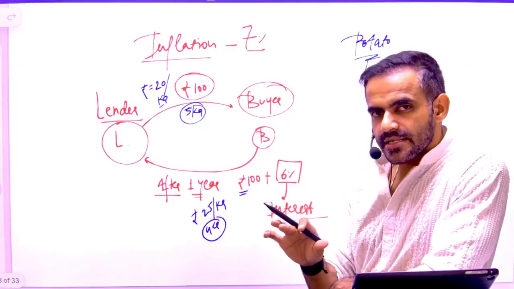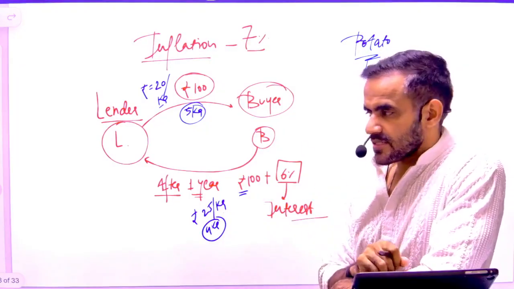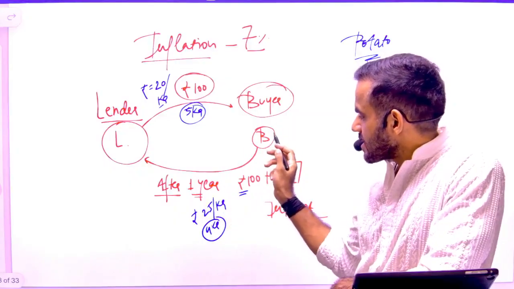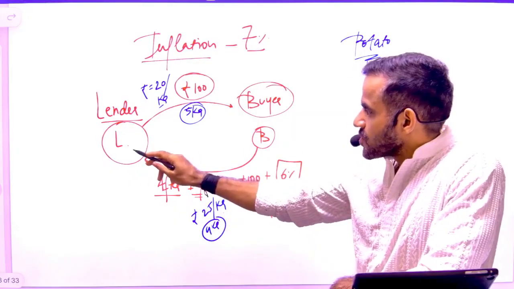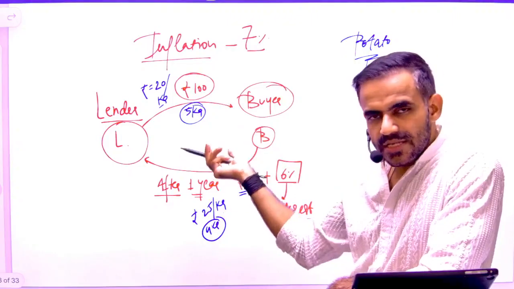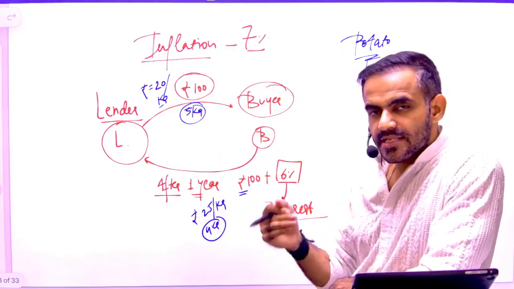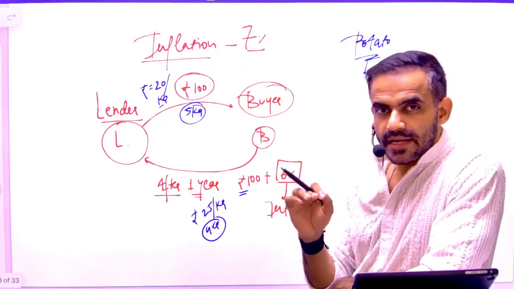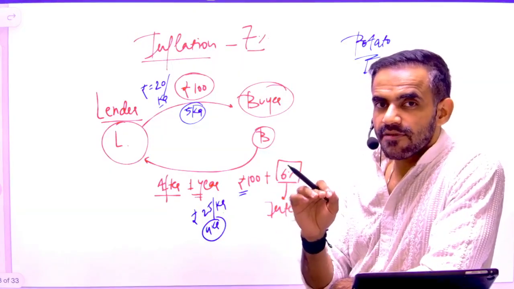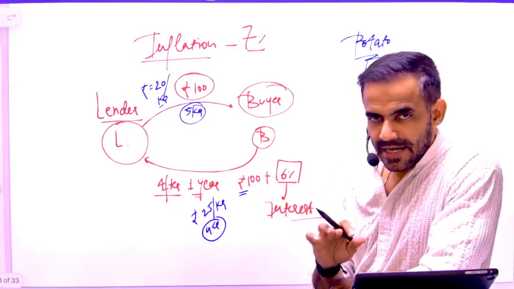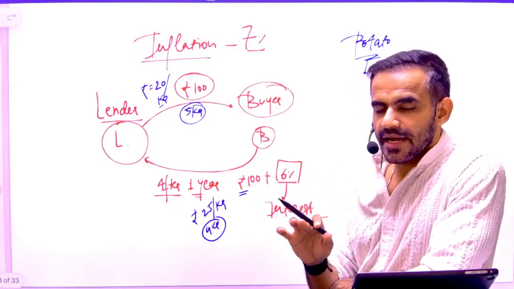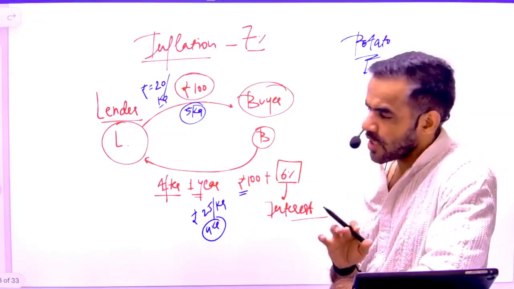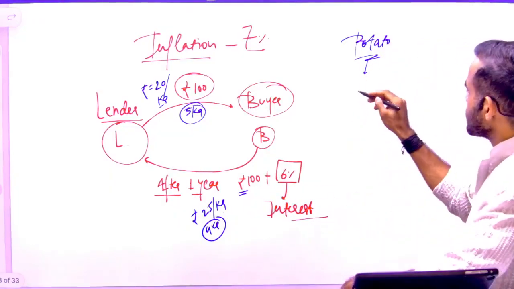So who is in a better position in this case, the lender or the borrower? So basically what is happening? The lender is going to lose 1 kg, if you see the simple maths, and the borrower is getting the benefit of 1 kg. That's why it is often said that inflation is beneficial for the borrower. But understand, in this case the assumption is that the rate of inflation is higher than the interest rate. So that's why it is beneficial.